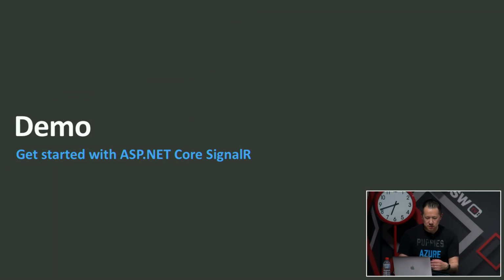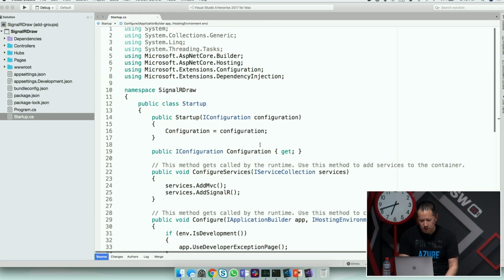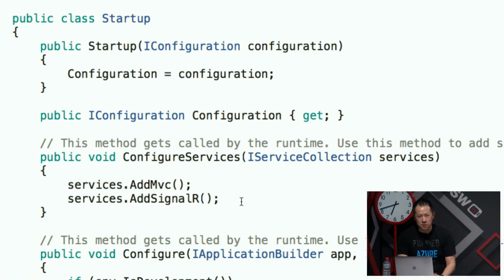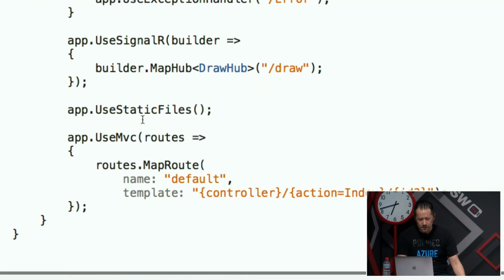So instead of me just talking to PowerPoint, let's quickly do a demo. So this is a SignalR application. I'll point out a few things. I understand you've already had a SignalR presentation, so I won't go too much in depth. So SignalR already comes with ASP.NET Core. And all you have to do is, in your startup.cs, in your ConfigureServices, you just have to add SignalR to your services. And then